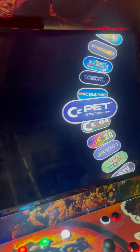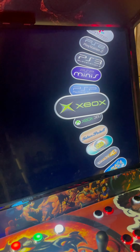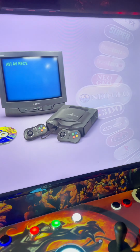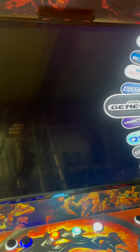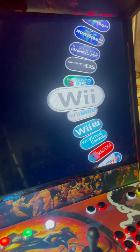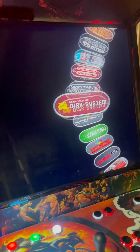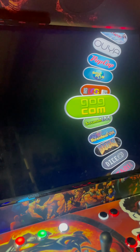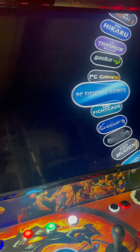As far as Chris Shaw's 8 terabyte drive at Hyper Systems Arcades, this one has way better games. Look, the Nintendo Switch games. Even on the PC, the fighting games on Chris Shaw's drive would not load MK11. It wouldn't load MK12. It didn't have the new Killer Instinct game on there. On this one,